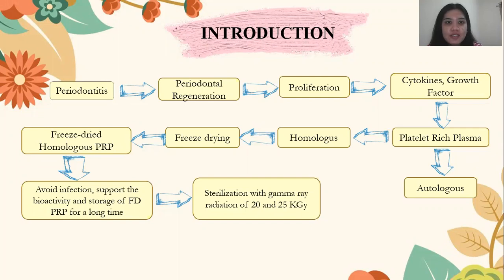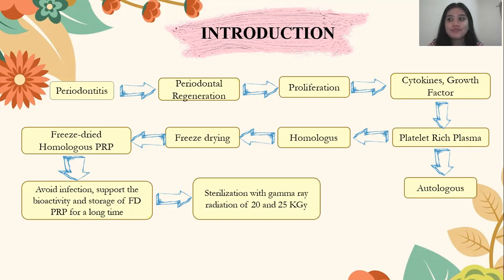Introduction. Periodontitis is an inflammation of the tooth supporting tissue caused by specific microorganisms that result in damage to periodontal tissue. The goal of therapy of periodontal disease is periodontal regeneration and proliferation. Regeneration of bone formation begins with cell proliferation, and proliferative activity could be influenced by growth factors and cytokines. And platelet plasma has received attention in regenerative therapy because it contains various growth factors and clinically enhances new angiogenesis, tissue